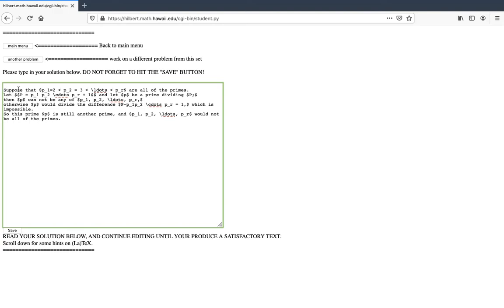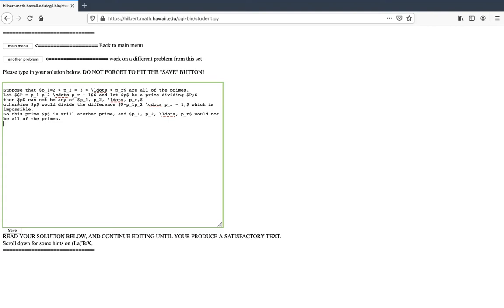So you say, suppose p1, which is 2, is smaller than p2, which is 3, smaller than, and so further up to pr are all the primes. You may say, suppose for the sake of contradiction, whatever, you write it in plain English